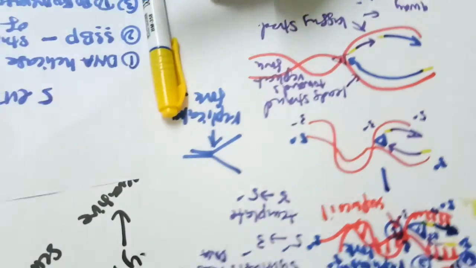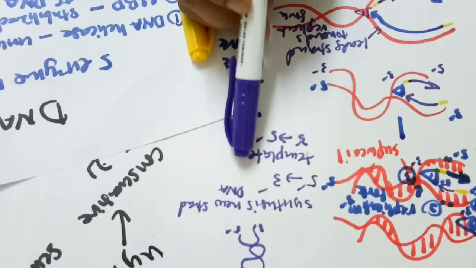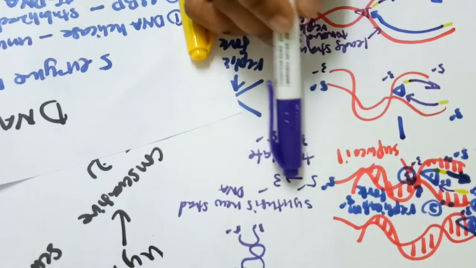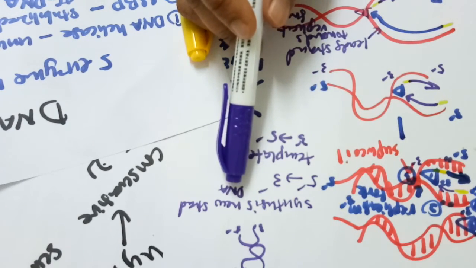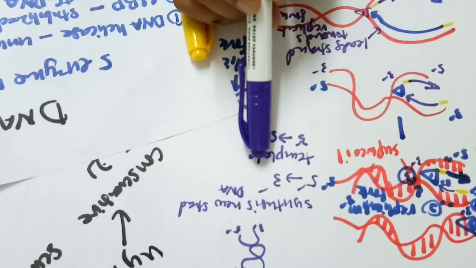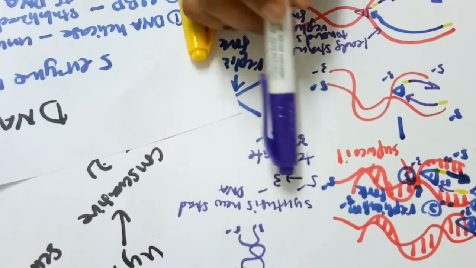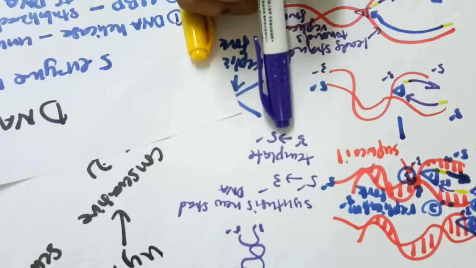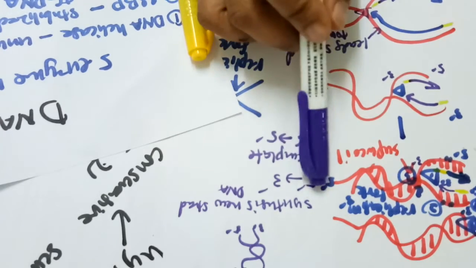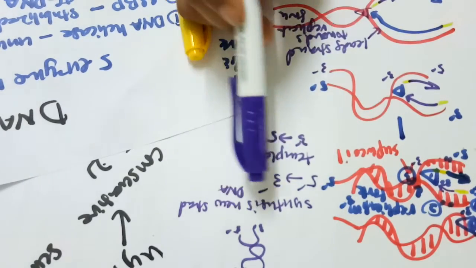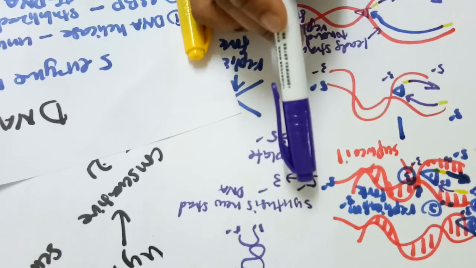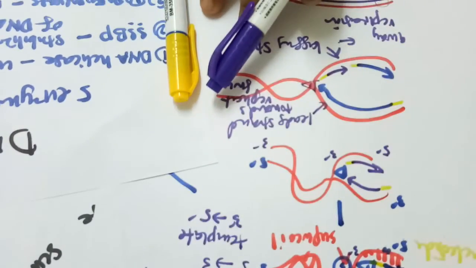Due to the concept that synthesis of new strands of DNA goes from 5' to 3', while the template of the DNA used to synthesize new strands is 3' to 5'. Okay, this is the main concept, or main rule. Okay, so because of that,